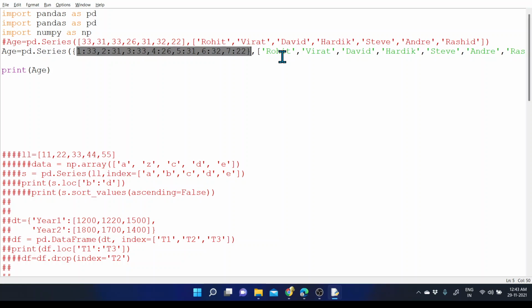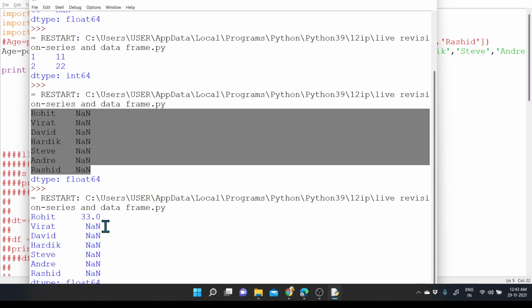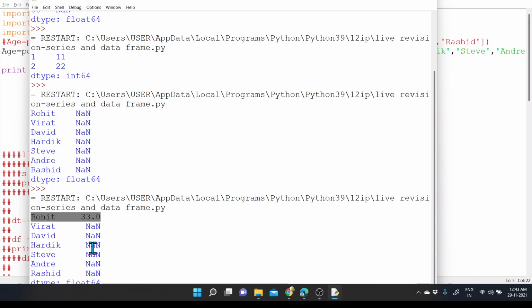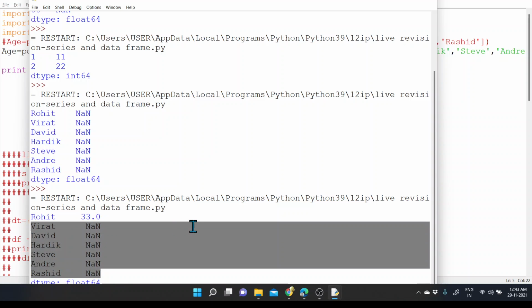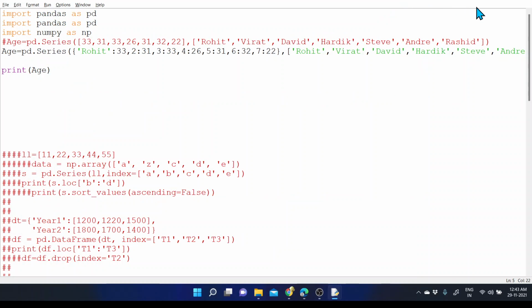So that's why they are providing an NaN value there. So if you require to print that values, you can change this index with the new value Rohit. So what will happen? Only Rohit value will be printed, and the rest of the things will be printed as NaN. So here you can see Rohit, it's taken with the original value, and the rest of the values are printed as NaN. So I hope that's clear now. So like this, we can provide data within the series generation.